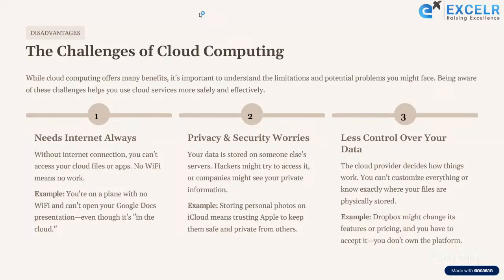Okay, less control over your data, because entire control is with the service provider. If entire control is with the service provider, obviously we'll have very, very little control over the data, right, participants? That's why it is very important. Next is one more important thing. Security is not only the responsibility of the cloud provider. So why am I saying that security is not only the responsibility of the provider? It is actually a shared responsibility.